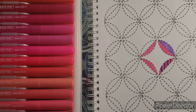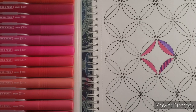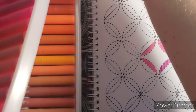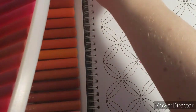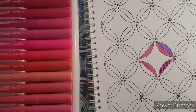Next, let's see what we can do with another thing. Yes, I want to pull out my slick mat. It's a cutting mat that I got over at the dollar store, and I'm going to take a darker color this time, and I am going to use the brush end and scribble a little bit directly on the slick surface of my mat, because I want to see how this behaves